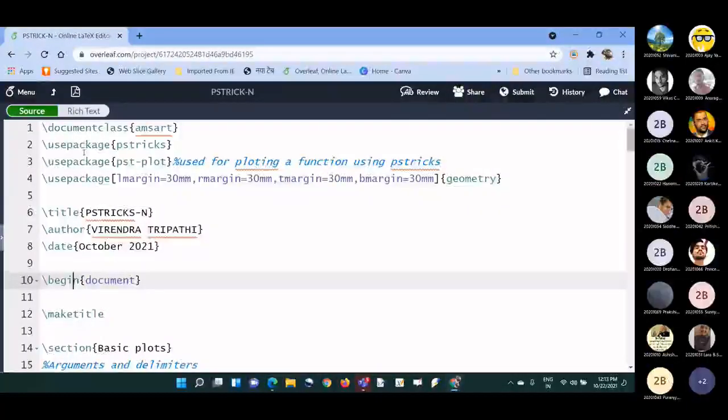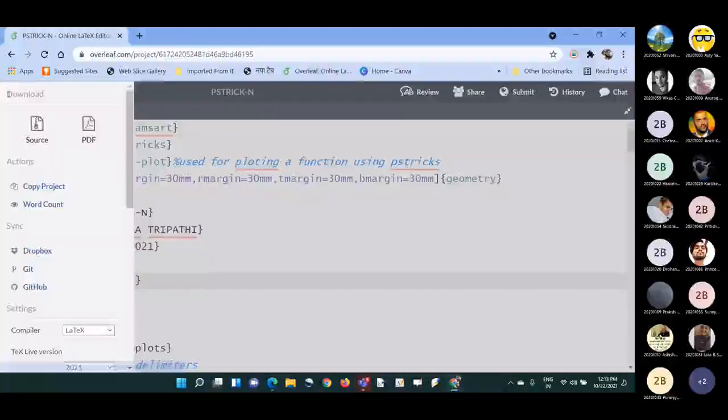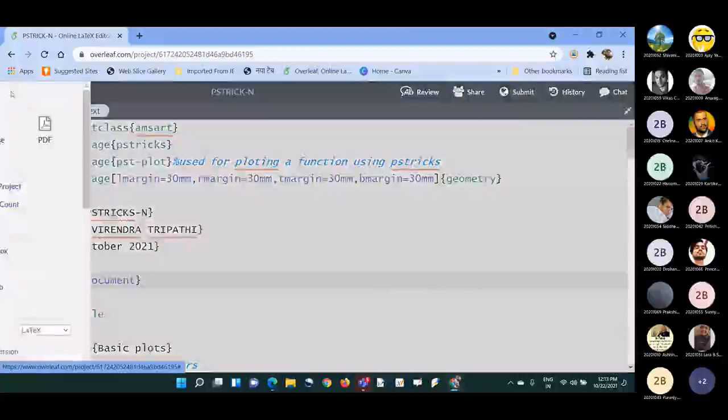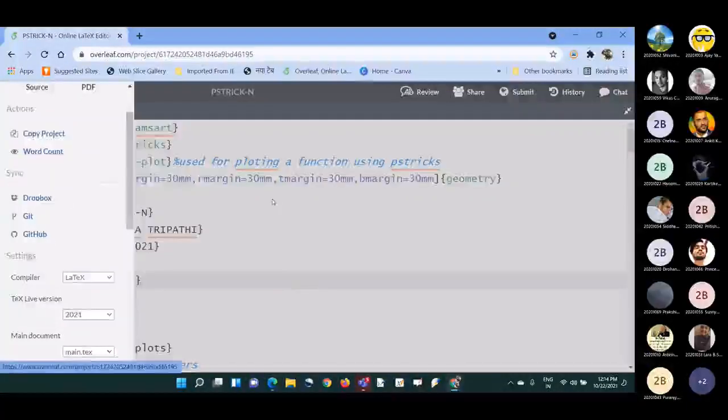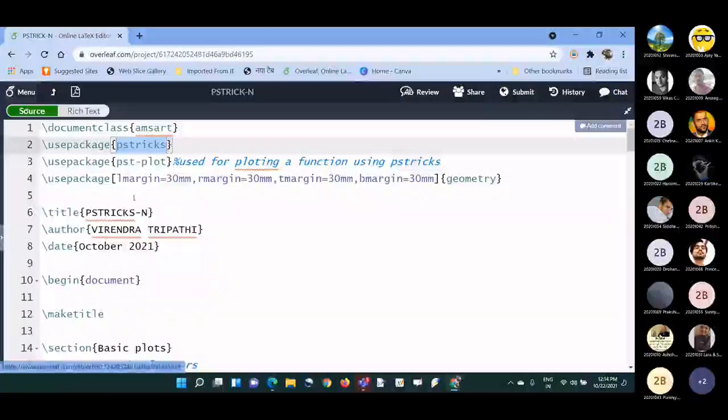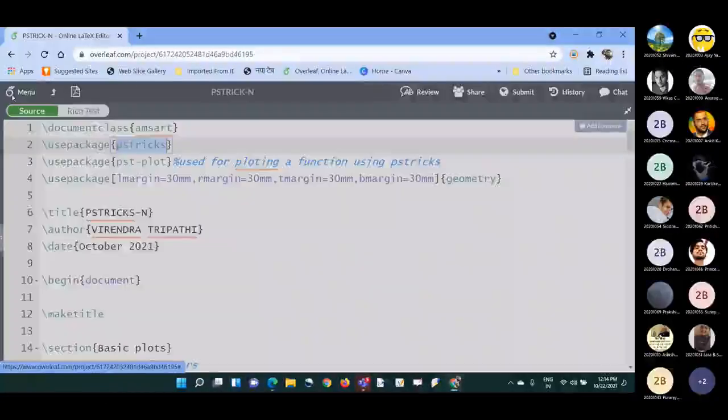Okay, before proceeding further, let me tell you how we need to change the execution mode, because earlier in a normal article we used to generate PDF. But here, when you are making a file especially to draw some picture or plot some function, you just open this and click the menu button.